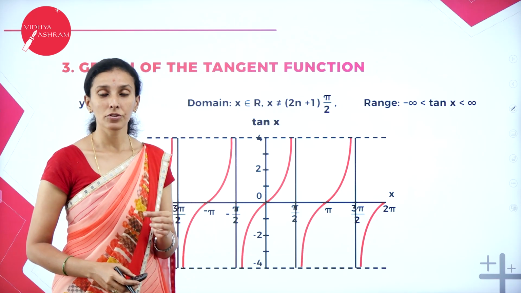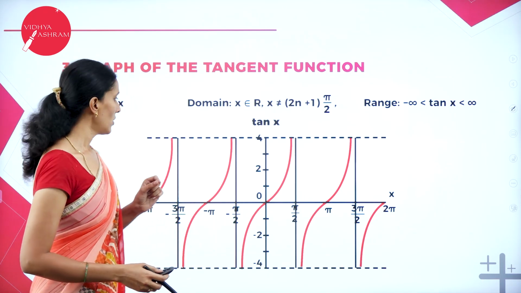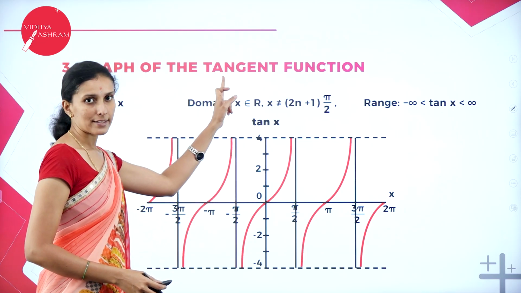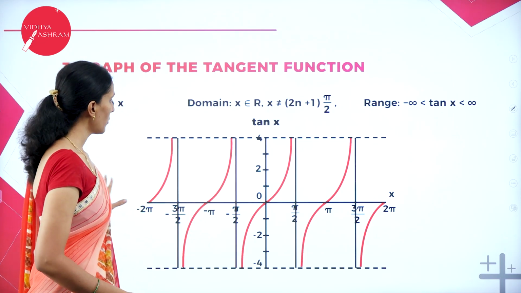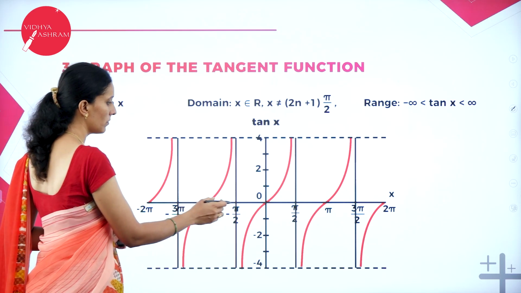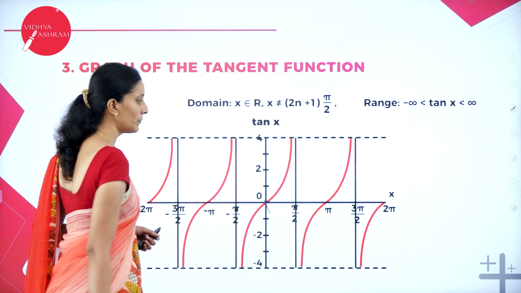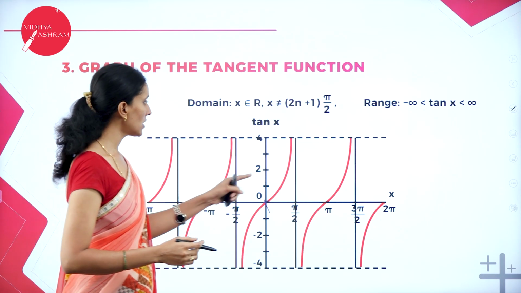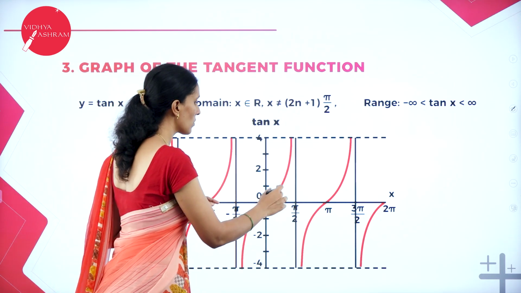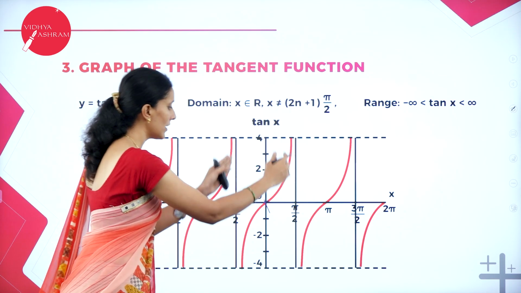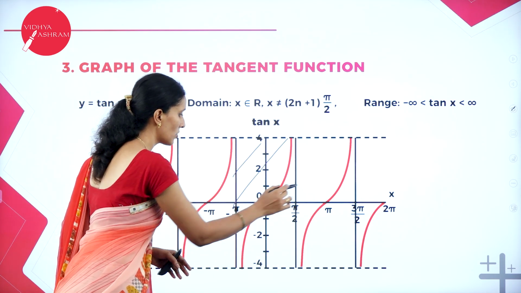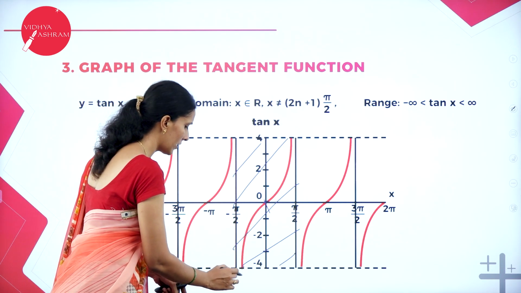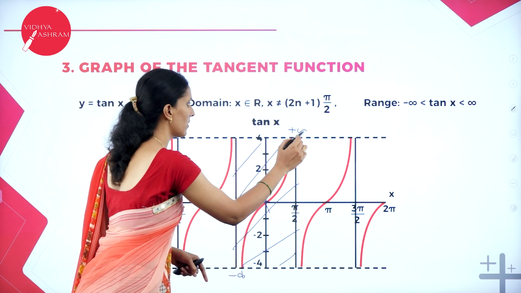Now coming to the value of tan x. This is the graph of tan x and it will never touch the y-axis. It goes on increasing. So here we have taken the values. tan 0 is 0. tan pi by 2 is an infinite value, that is 1 by 0. Since it is an infinite value, it goes on increasing. You take only this interval now. And minus 90 degrees is minus infinity, and this is plus infinity.